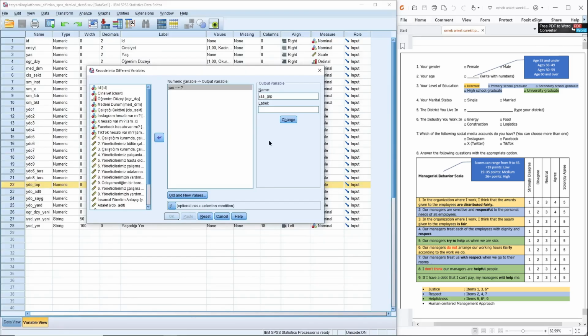First, we give a name to the variable. By the way, we need to pay attention to our variable name. We can't write a variable name made up of two words separately. We combine them with an underscore. We explained this in our previous lessons. Also, this time I want to write the label here. In the example we did before, we wrote it later in the label section here. But this time, I want to write it here as age group. Again, I click change. Then old and new values, we open this